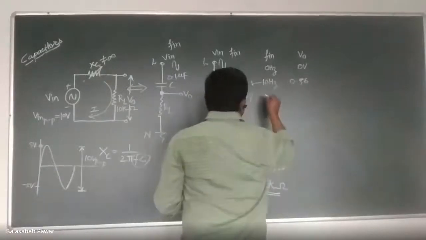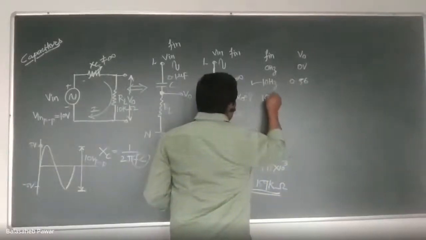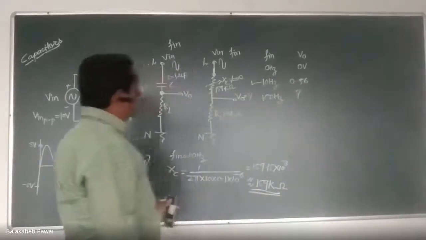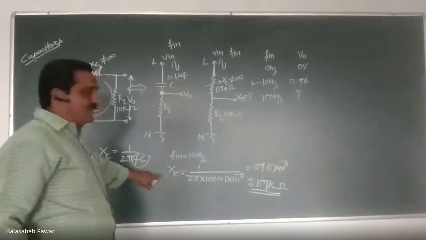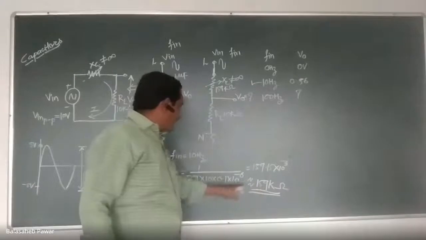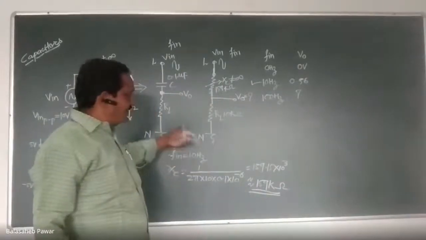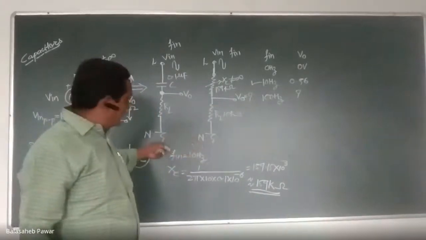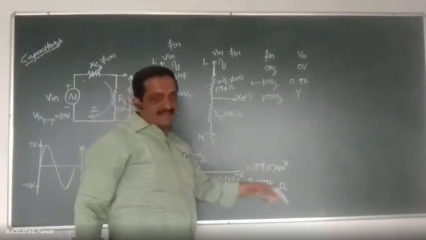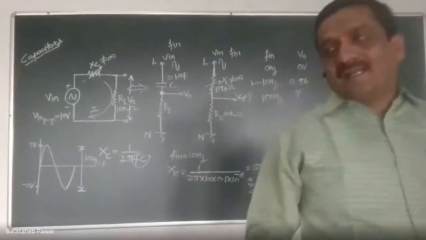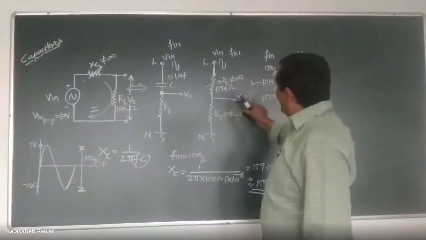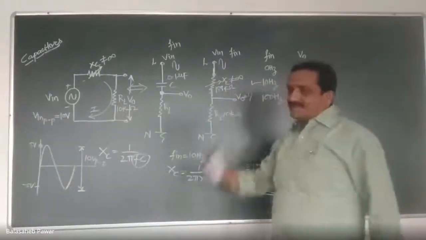Now the third condition, take it as 100 hertz. Find out Vo. For 100 hertz, the Xc will differ. It will not remain 159 K, because we are increasing the frequency from 10 hertz to 100 hertz now. Whenever the frequency increases, the reactance decreases. That means it will surely be less than 159 K. And whenever Xc decreases, that means this term decreases and Vo will increase. So just check it.